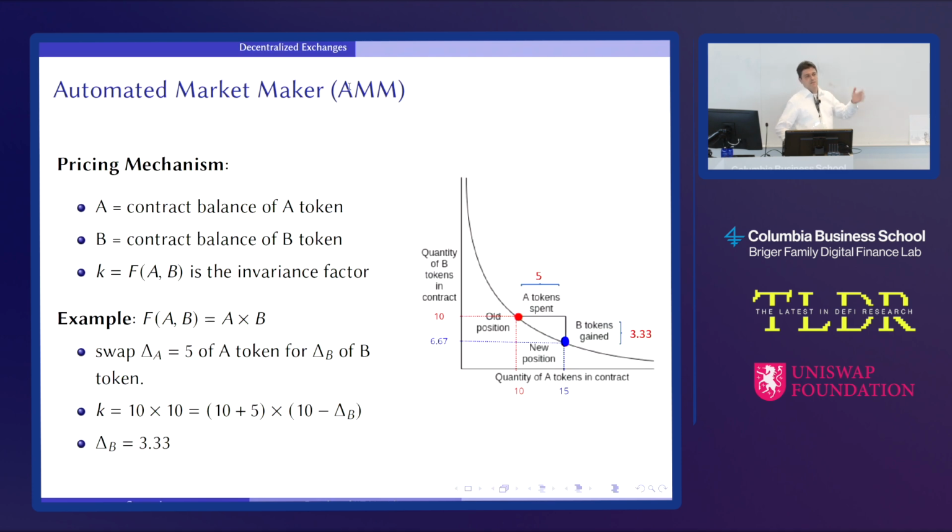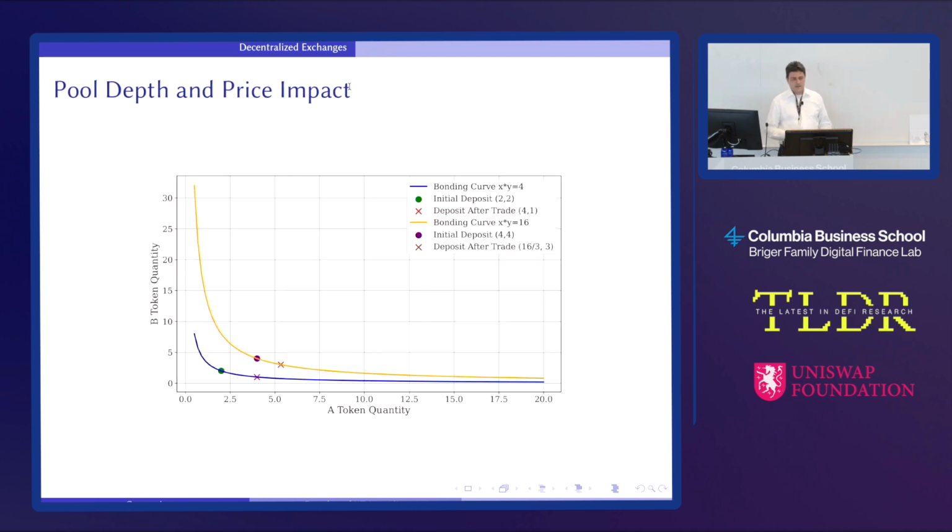So this pricing curve is also capturing the price impact of the trade. If you are depositing 5 token A, you are not getting back 5 token B. You are getting back less token B, precisely because you are paying a price impact for the trade. Okay, so that's the algorithm. The convexity of this curve determines the price impact. If the curve is linear, there is no price impact because you swap 5 token A for 5 token B. But because there is convexity, you pay a price which captures the impact that you are creating when you trade. And depending also on the depth of the pool, the price impact could be lower.